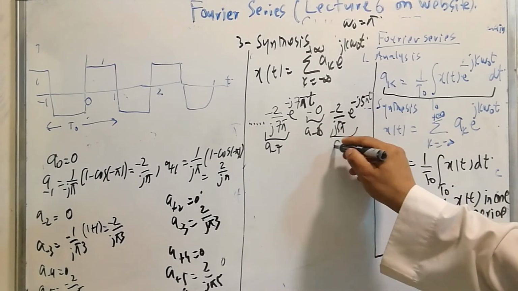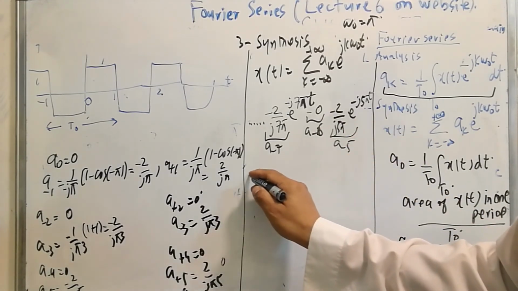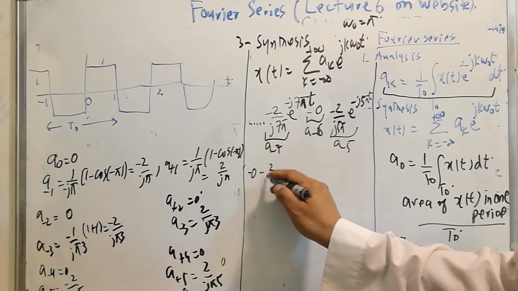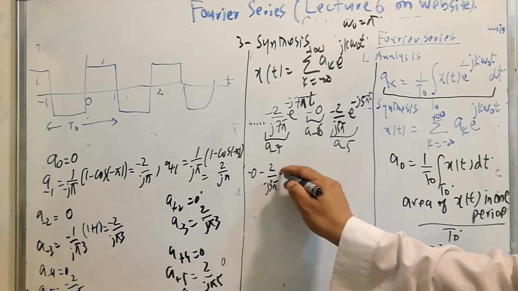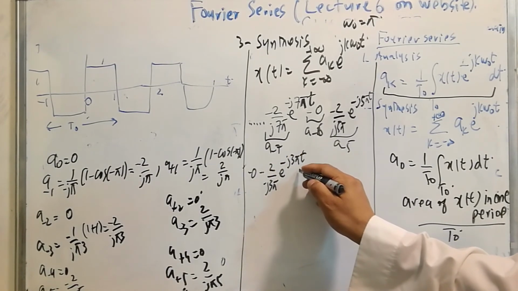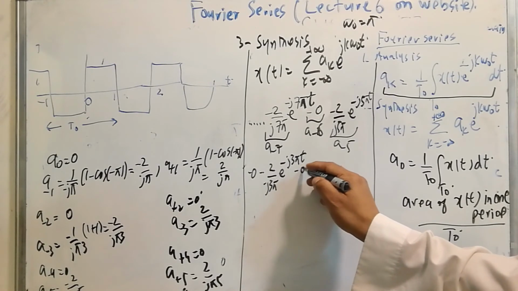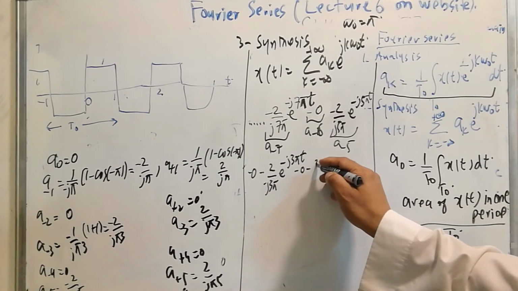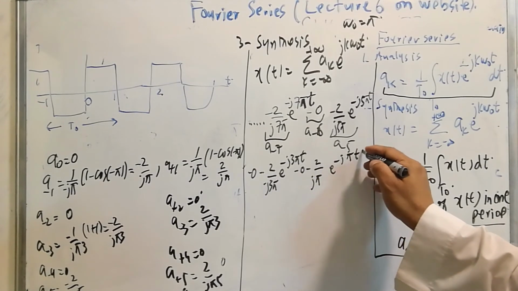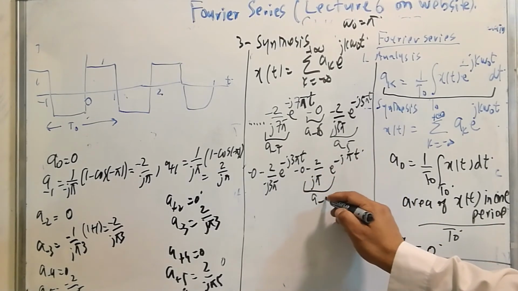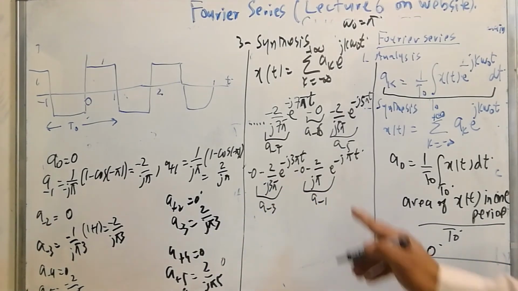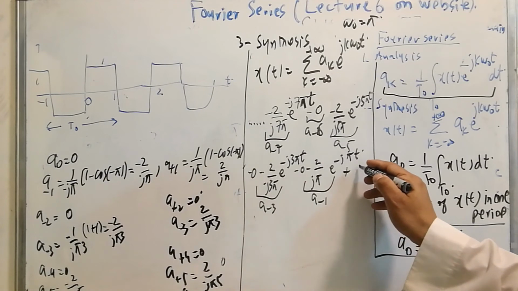This is a minus 5. Then again 0. Then minus 2 over j 3 pi e raised to minus j 3 pi t, then again 0, and then minus 2 over j pi e raised to power minus j pi t. This is a minus 1, and this is a minus 3. And now a0, which is 0,